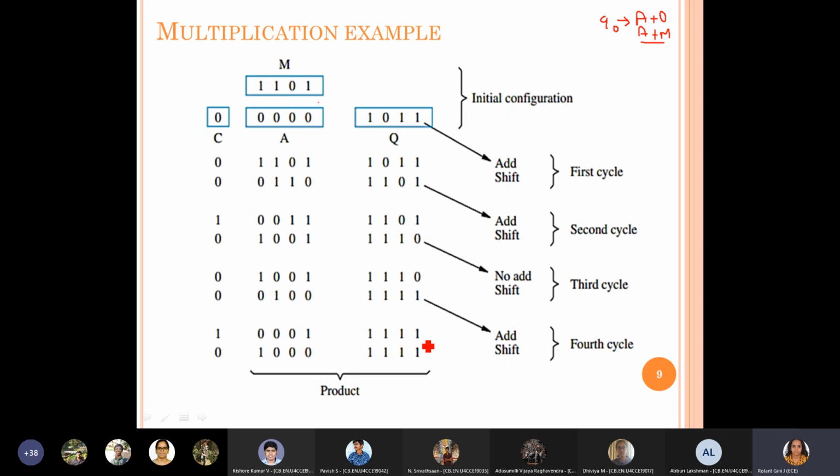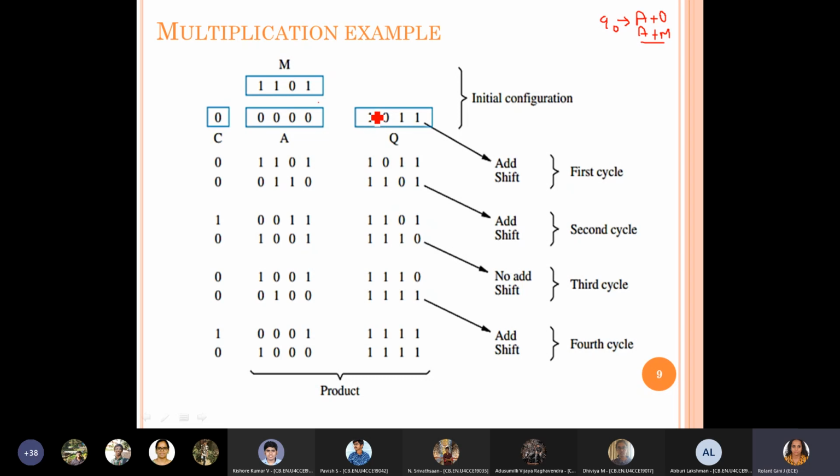Then you have to go for shifting, only then is the complete operation finished. When you shift it, the result you get is 1000041. If you observe the Q value itself, you can make out that the first cycle will be addition, second cycle will be addition, third cycle will be no addition, and fourth cycle will be addition.